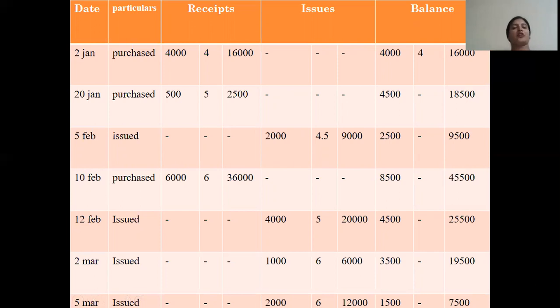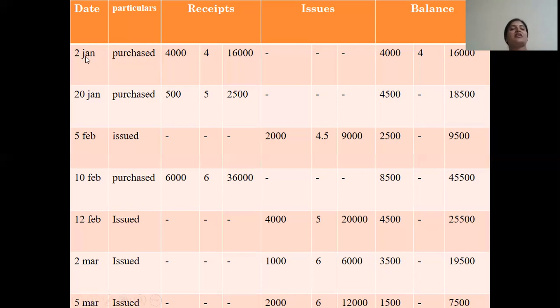One thing we have to observe here is, especially in the simple average method, as I told, the balance rate will not be mentioned. With the help of the receipts as well as the issues, we need to calculate what is the balance rate. When you are issuing for the production department, with the help of the lots, we need to calculate the prices here. For that, we need to go ahead with the working note.